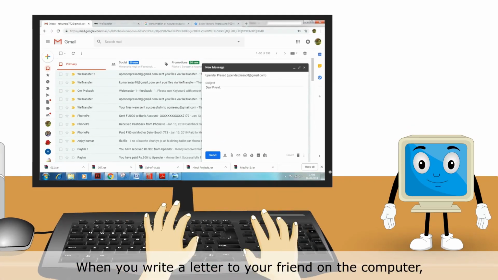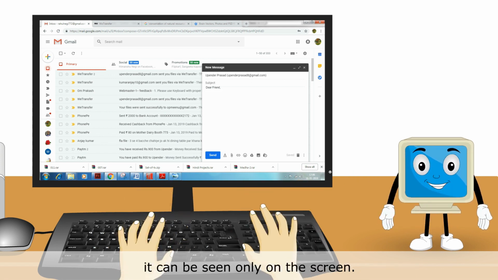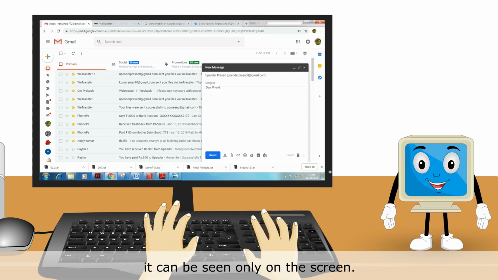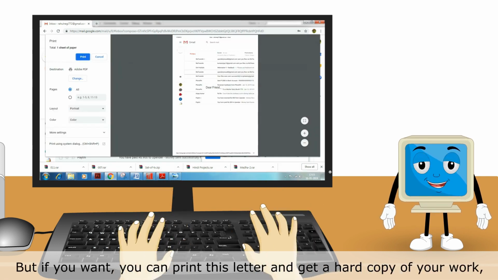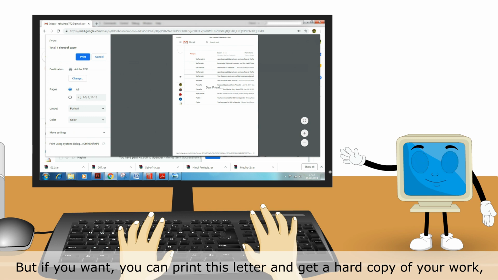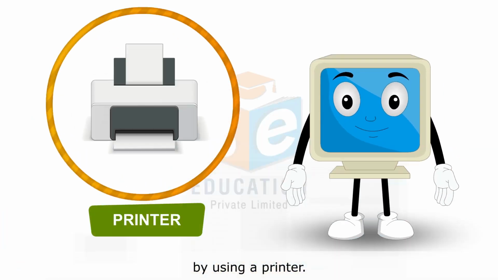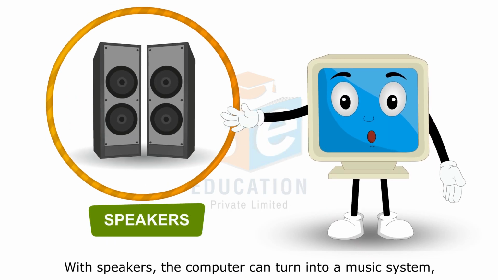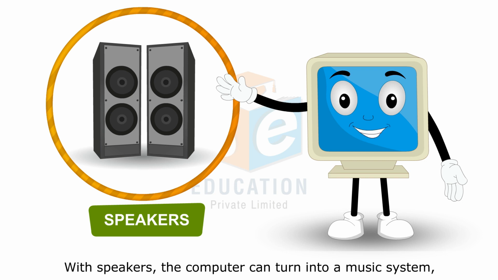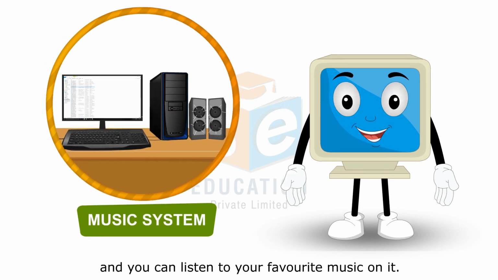When you write a letter to your friend on the computer, it can be seen only on the screen. But if you want, you can print this letter and get a hard copy of your work by using a printer. With speakers, the computer can turn into a music system and you can listen to your favorite music on